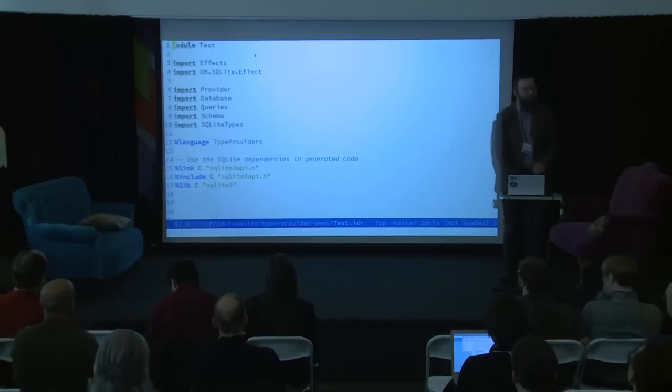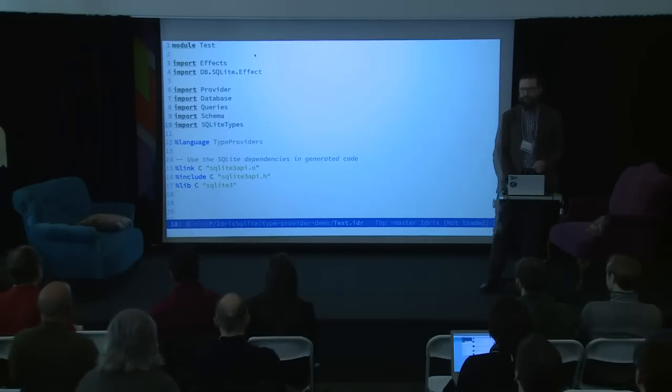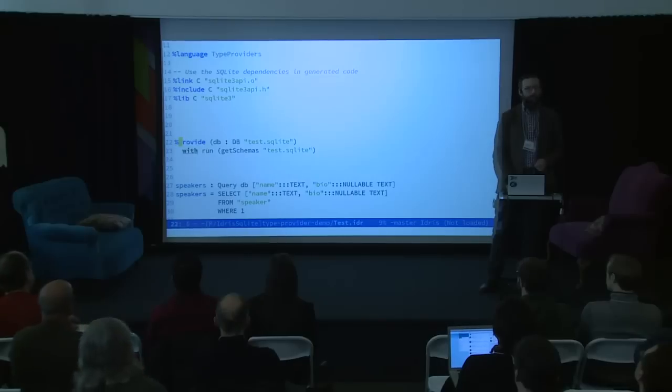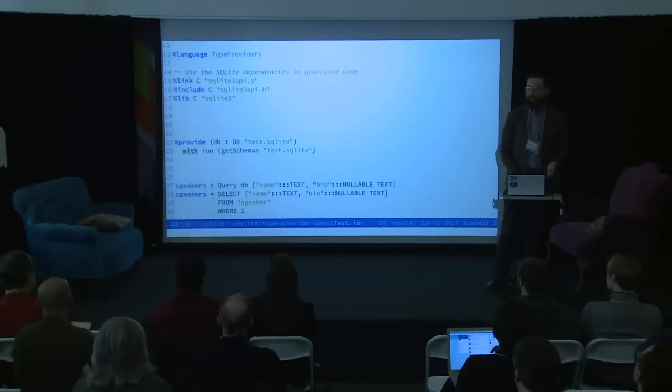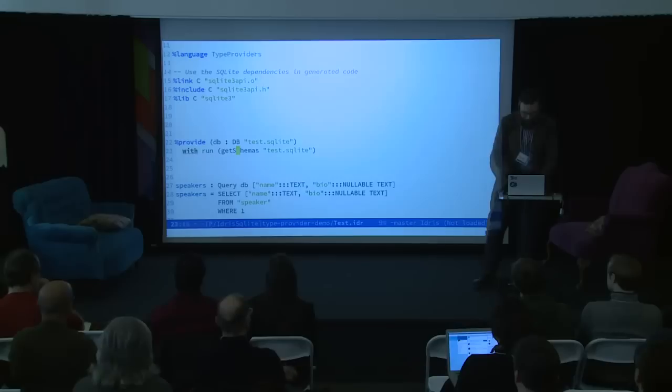Okay. So the first thing that we're going to do here is a little bit of Idris mumbo jumbo for telling how the generated C code should link to the SQLite API. But after that, we have this provider, which is providing some DB as the type DB of test.SQLite. And it's going to call this type provider get schemas of test.SQLite. And that run function is there simply because it's using a side effect management library, which needs me to call run to actually make the program go. So this database, test.SQLite,